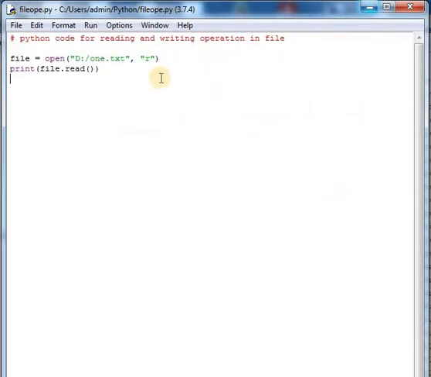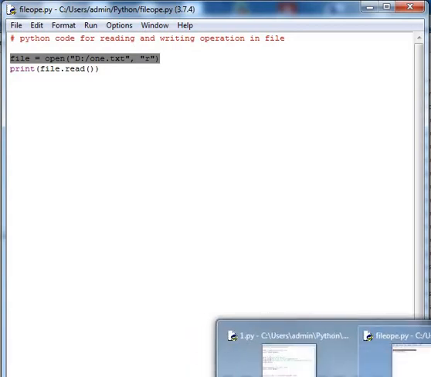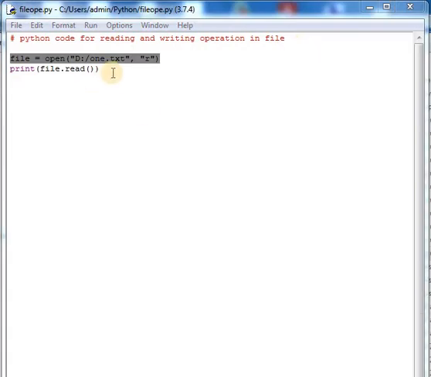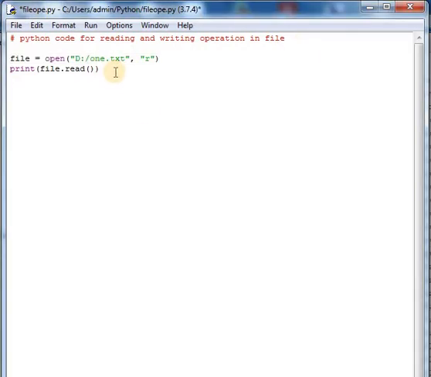So what happens with these commands? With the open command the file is opened in read mode, and we are reading the contents from the file. Now we are going with the write operations next. Here I am opening the file only for the read operations. Now I want to open the file in write mode. So I am writing the command